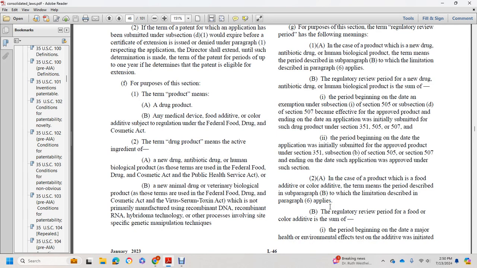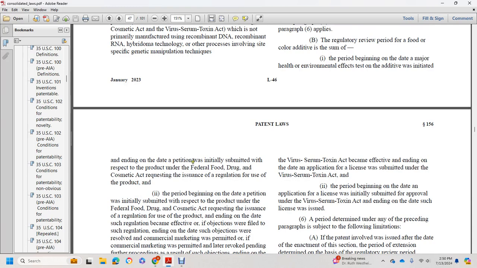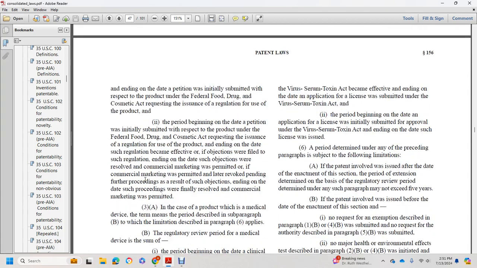(2)(A) In the case of a product which is a food additive or color additive, the term means the period described in subparagraph (B), with limitations described in paragraph (6). The regulatory review period of the food or color additive is the sum of the period beginning on the date a major health or environmental effects test on the additive was initiated and ending on the date a petition was initially submitted with respect to the product under the Federal Food, Drug, and Cosmetic Act requesting the issuance of a regulation for the product,